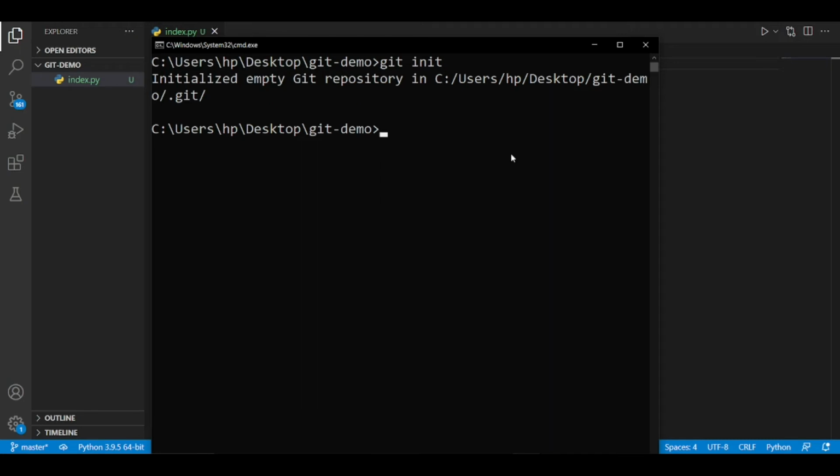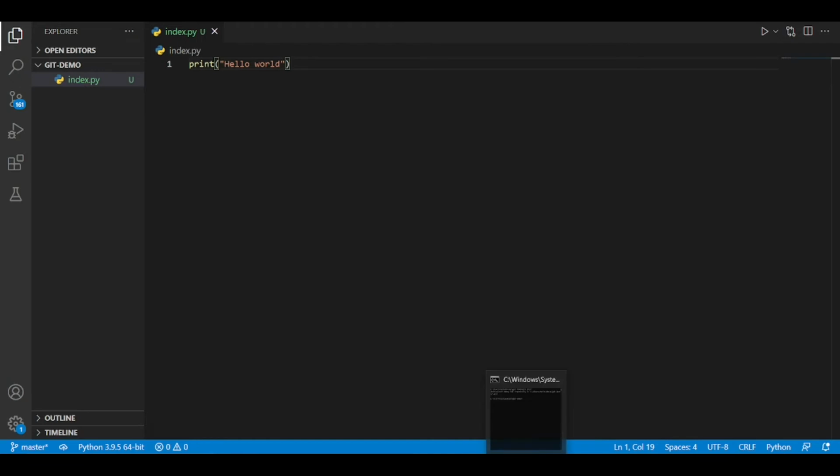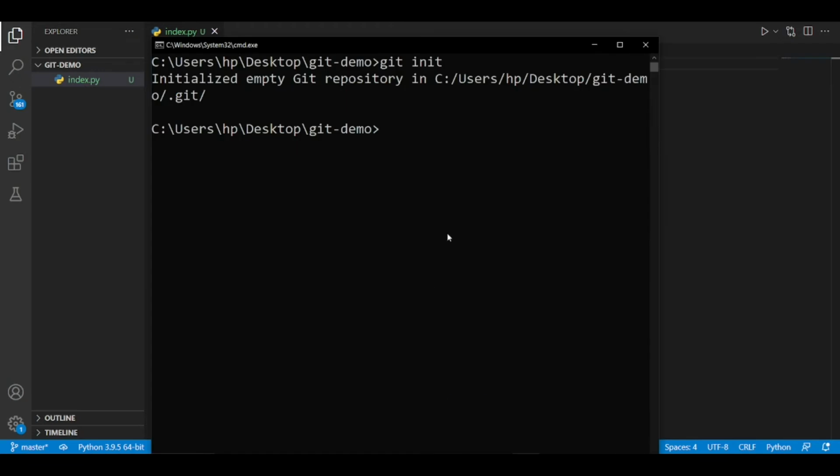Then the next command which we are going to use is git remote add origin. So this is our local repository, and whatever changes and files we add in this local repository should be reflected in our online repository as well.